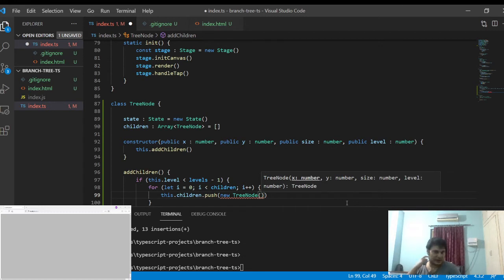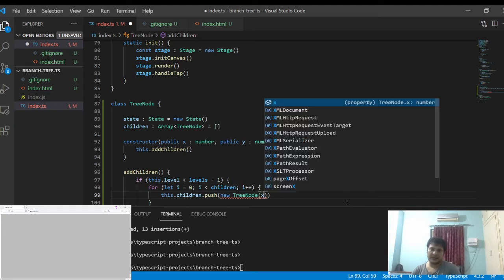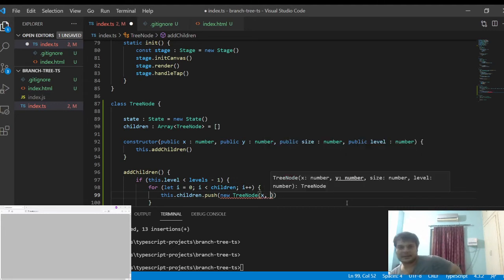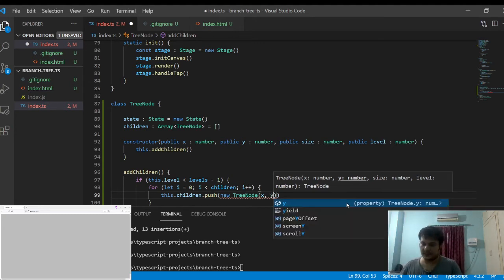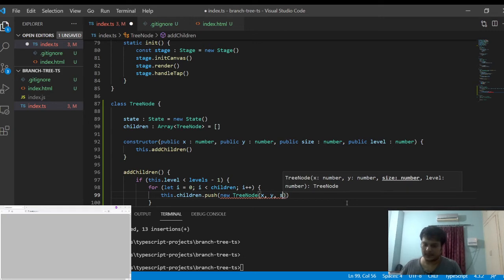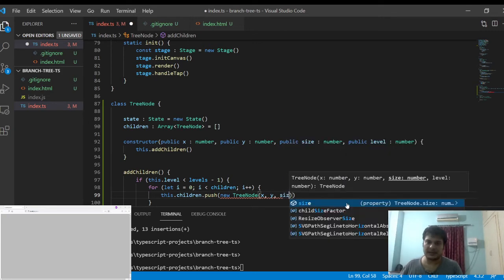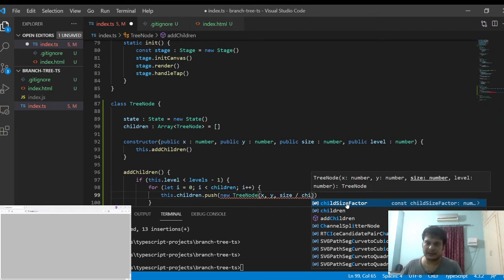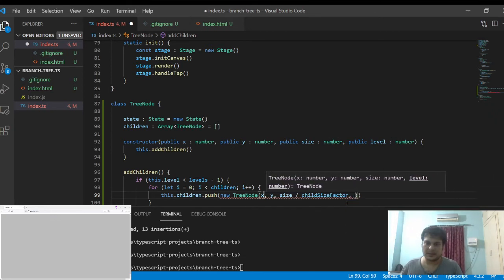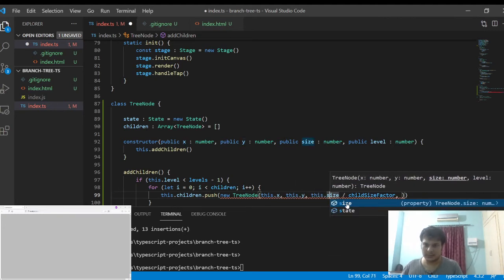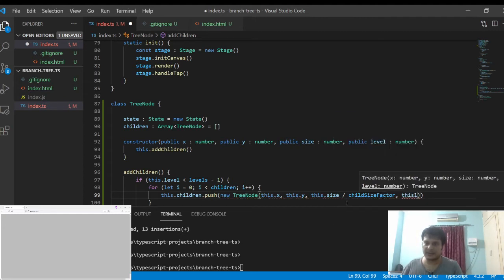So it will have the same x, okay, and same y for now. Size, but size will be something like child size vector. Label will be label plus one.